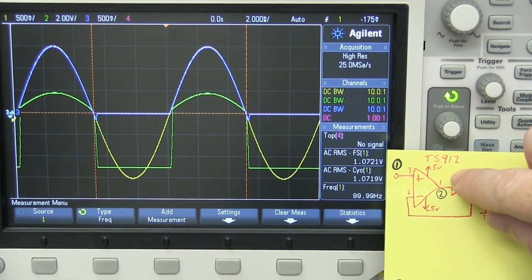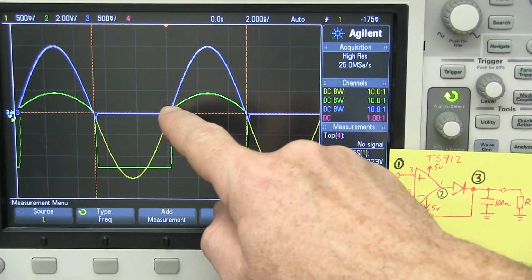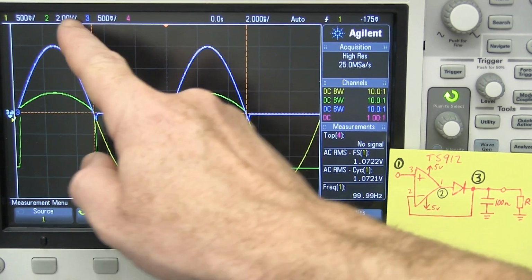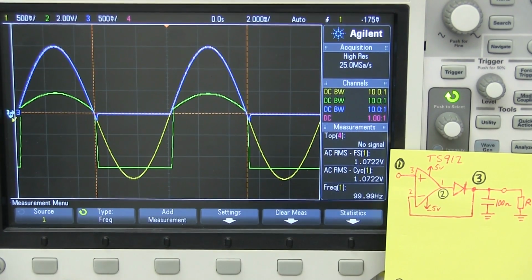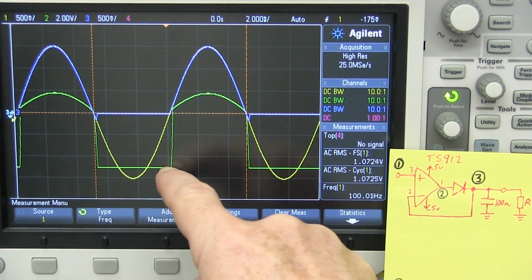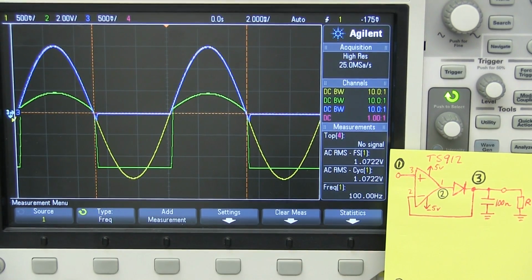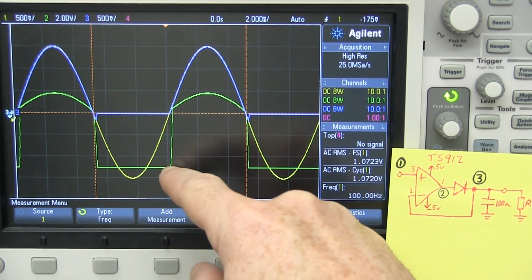But you can see, as we said, the output of the op amp here, the green waveform, actually goes down there and saturates down at the bottom rail. That's actually a different voltage scale, 2 volts per division there. The others are 500 millivolts per division. So 2, 4, there's our negative rail, 5 volts there. So you can see that the op amp spends a lot of its time saturated down there, and then it